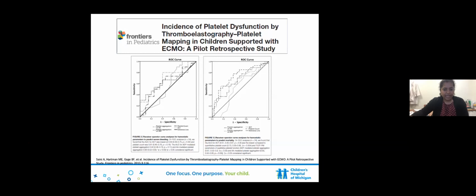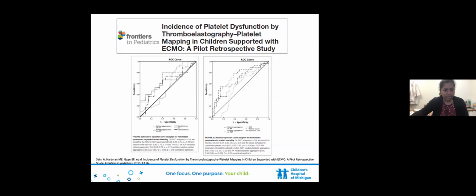They went back and looked at 24 patients who had had 57 samples of blood that had been sent for platelet mapping. The unfractionated heparin dose was at 40 units per kilo per hour, a median for all of these patients. They did find that there was platelet dysfunction on ECMO, which was greater than what they would have expected